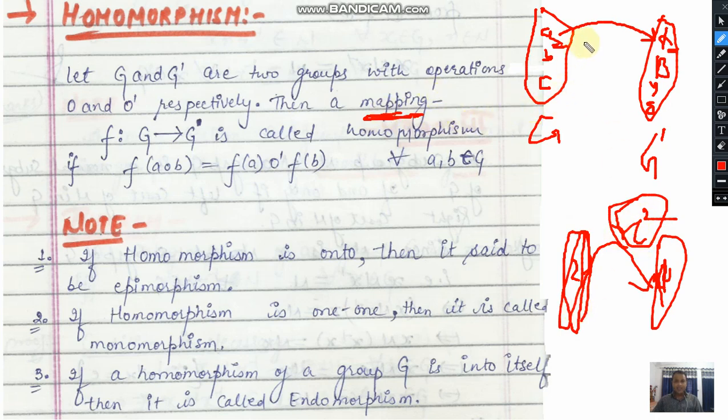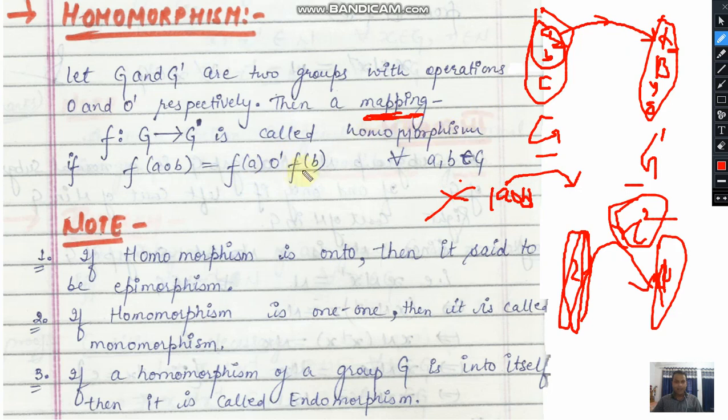So this mapping from Z to G dash is said to be a homomorphism if it satisfies the following properties. The first property: you compose element A with element B in Z and find the resultant. We know that A and B are elements of group Z, and the elements of group Z satisfy the closure property, so A o B also belongs to Z. This may be a new element or a repeated element in set Z, and we can find the mapping of this A o B in Z dash.